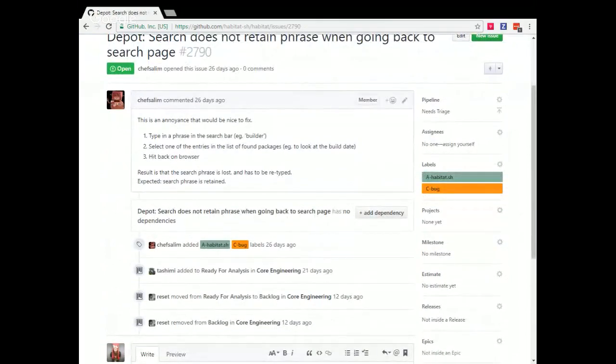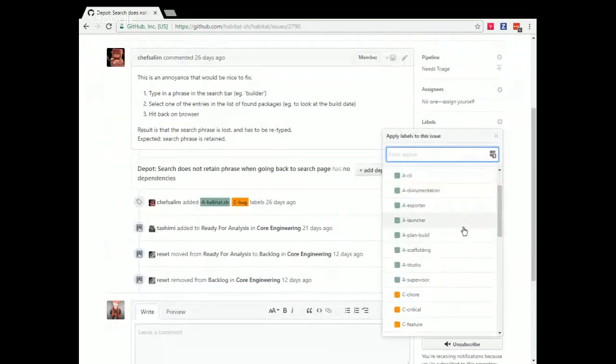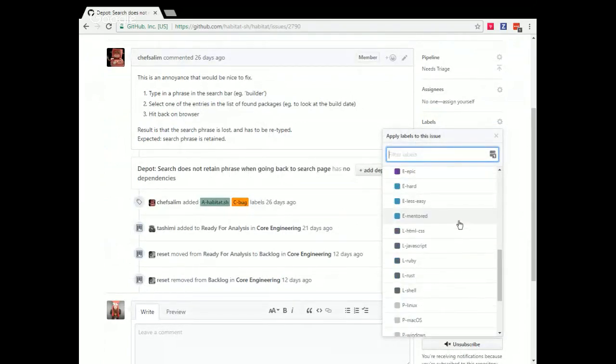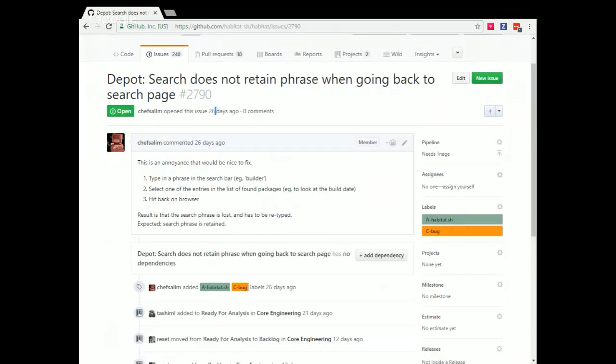Give everybody a moment. Some front end stuff here. Sounds like some good changes to me. Oh, actually, this is already in. This might actually already be closed out.